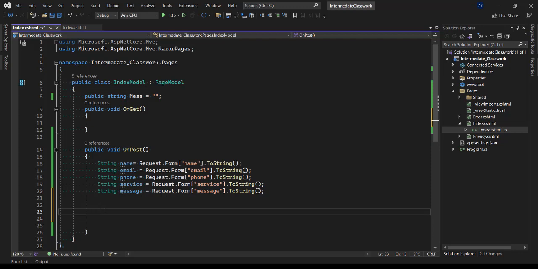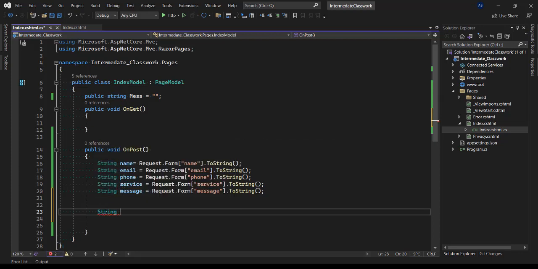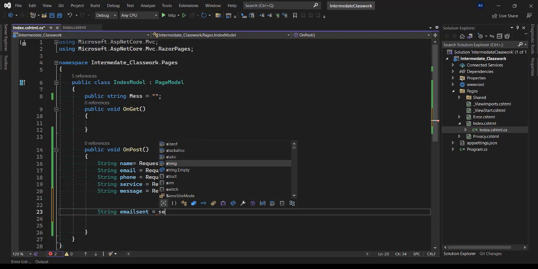Now, follow this line. I call my string as usual, and I want to give the string a name. The name of my string is email sent. Every string must have a name. I said is equal to, I'm writing a procedure. It's just like me saying string got to name. This is going to take a value like every other one. It will take the value that's coming from the form, from the HTML, and give it to this name. So I now want to use all of them. My procedure name that I'm going to create, I don't have the procedure yet. I said send mail